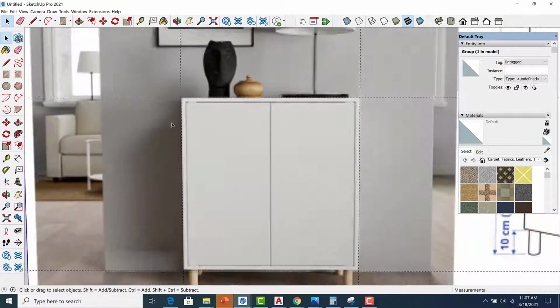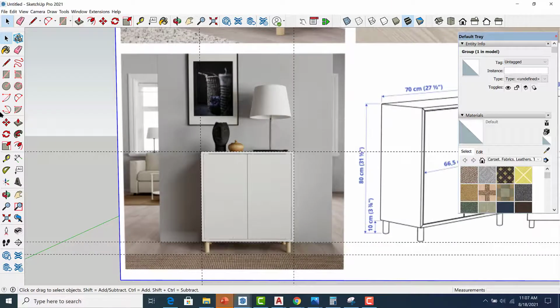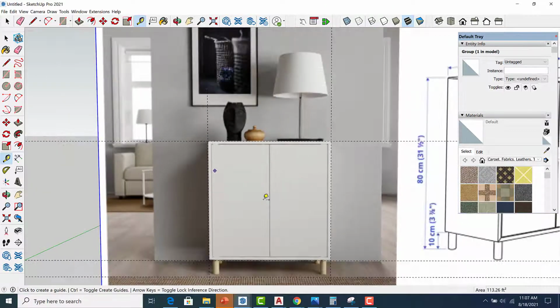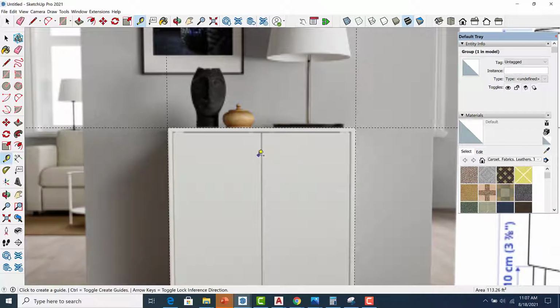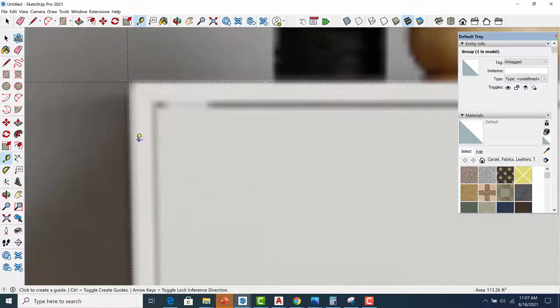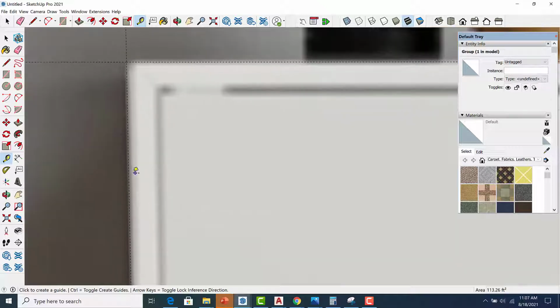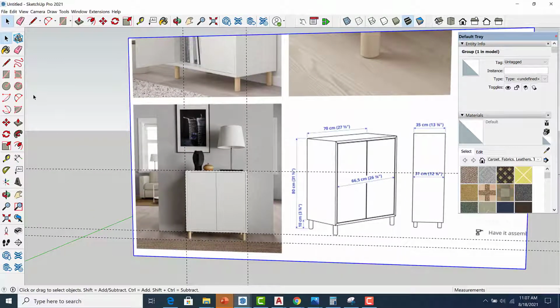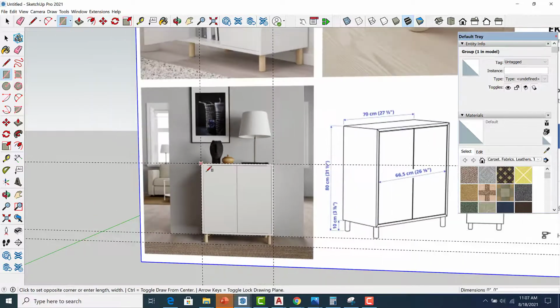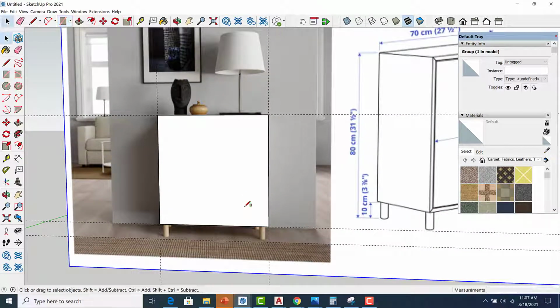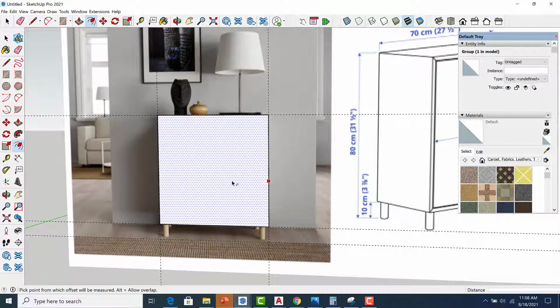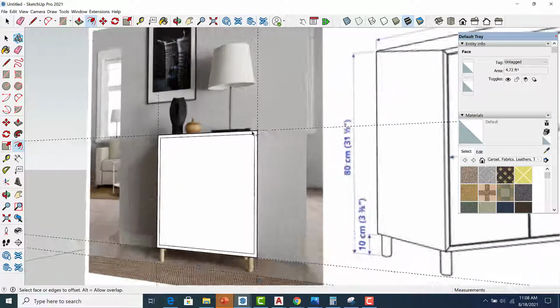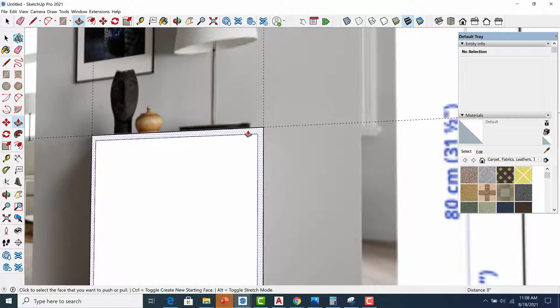Next I would just measure. The whole point of bringing the image is that I can measure some stuff to give me some idea. To find out the thickness, see, it's almost 3/4. So what I would do is start a rectangle from here to here, then use offset, 0.75, then use the push-pull tool, I pull it,